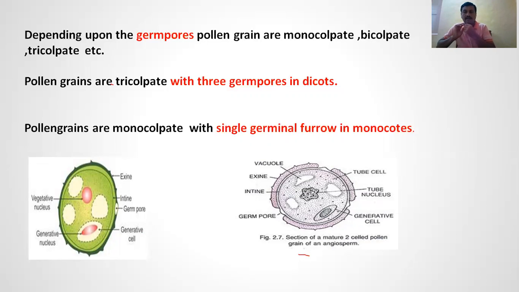Okay. These are the sporoderm layers, exine and intine. The exine is made up of sporopollenin, a fatty chemical substance. The intine is made up of pectin and cellulose, and it is a very smooth layer. The exine is a tough layer, but spines are present, or in some pollen grains the spines are absent. Okay, then next.